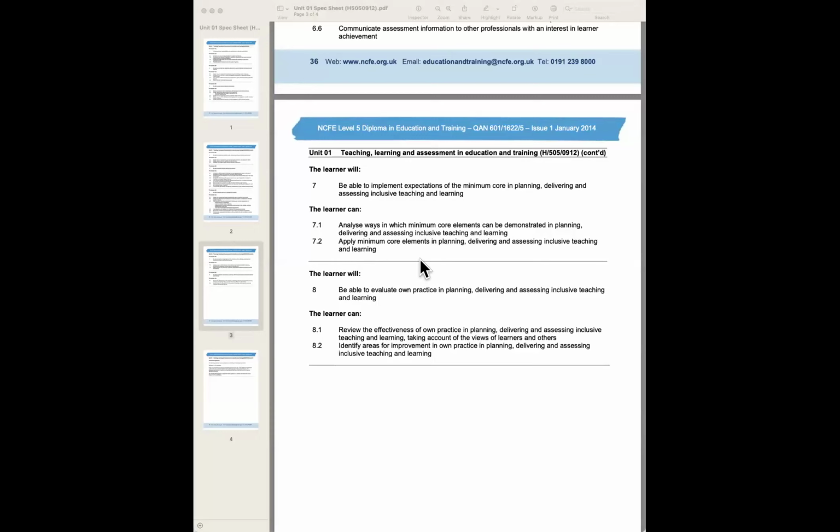So let's start off with learning outcome 7. In this, we are looking at the minimum core of planning and delivery, which tends to be making the teaching and learning inclusive. Basically, what we are looking at when we start our sessions is demonstrating a minimum set of ground rules, which would allow me as a teacher to